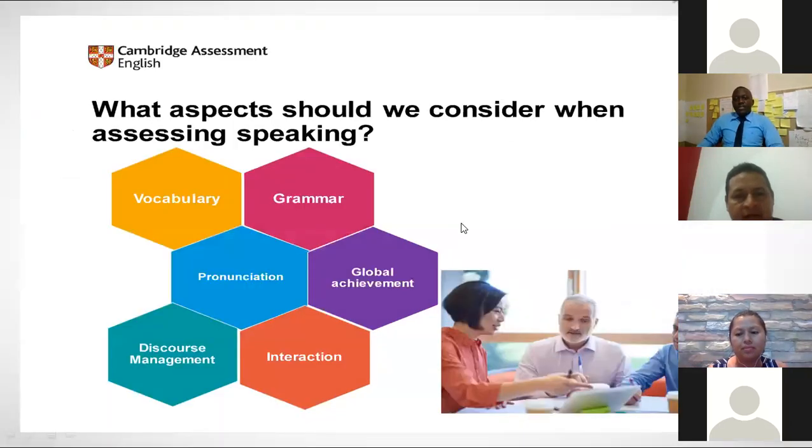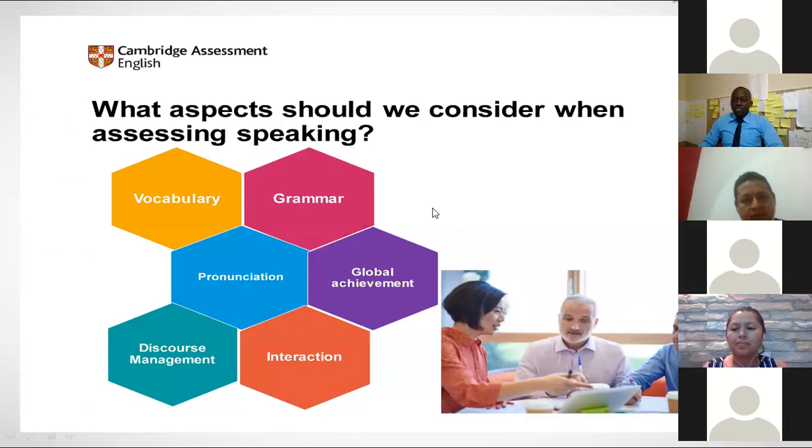So these are some of the aspects we looked at last time. If you remember, we are targeting our speaking to be at C2 level. So you just have to stretch to your maximum. If your arm can reach up to B1, if your arm can reach up to B2, C1, C2, let's just do whatever we can in order to improve our speaking. So last time we looked at these 6 aspects.